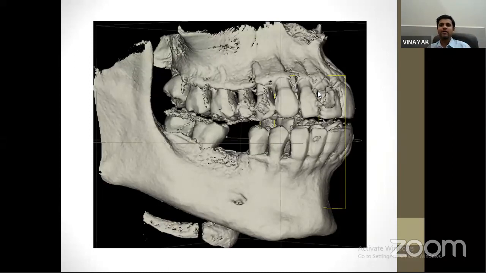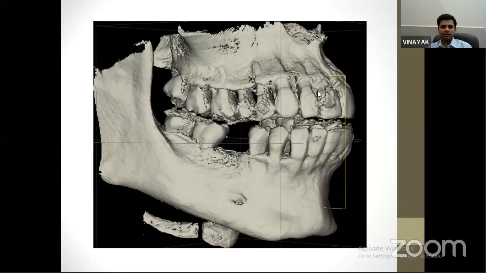Somewhere it is soft, somewhere it is hard, right? Even the soft tissues will have less density. Bone will have higher density, enamel will have higher density, right? So everything has one threshold or one assigned value, right? So when it is constructed, it is reconstructed at a single value. So the structures which are below that threshold are not seen on your 3D reconstruction. So sometimes bone would be there, but it would be less dense and it won't be seen in your 3D